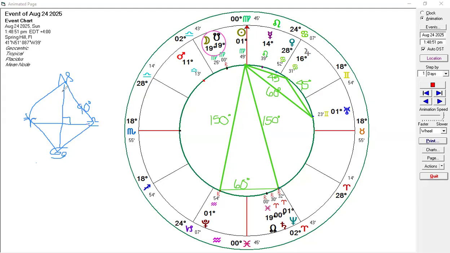Now when we start dissecting this, we've got different geometries going on. We've got this square here, and then we've got these two planets showing that they are in that square angle. Whenever you're looking at something, think of the cardinal signs: Aries, Libra, Cancer, Capricorn. Anything cardinal to itself is going to be a hard aspect. It'll either be conjunct, obviously, if it's in the same sign, or it'll be either opposition or square. Each one only has one opposition, whereas each one has two squares, right?